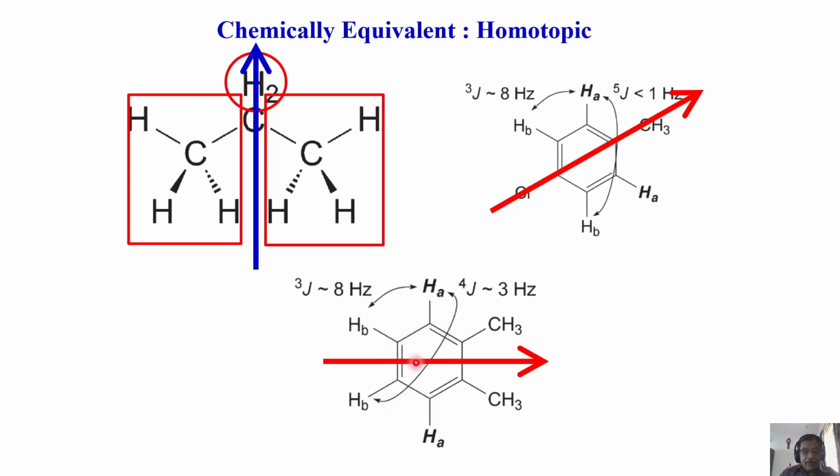So these two carbons are equivalent and different from these two carbons which are equivalent, and different from these two carbons which are equivalent, and different from these two carbons which are equivalent. So how many chemically inequivalent carbons are there in this molecule? There are four different types of carbons. Remember, these two give one type of carbon, these two give another type, these two give another chemically inequivalent carbon, and these two give another chemically inequivalent carbon. So this molecule has three different protons and four different chemically inequivalent carbons.